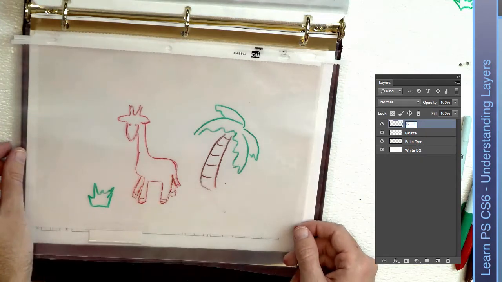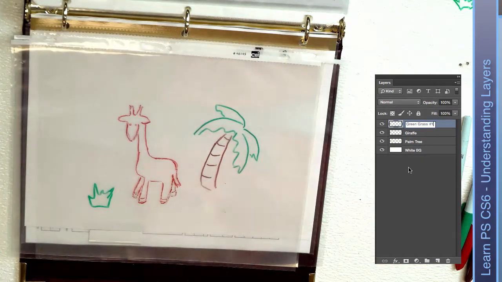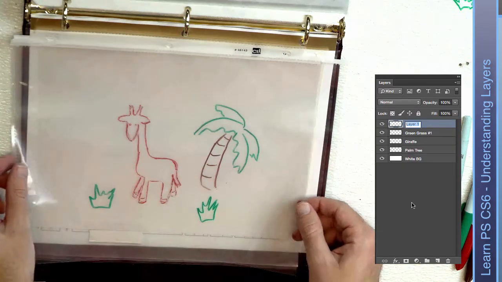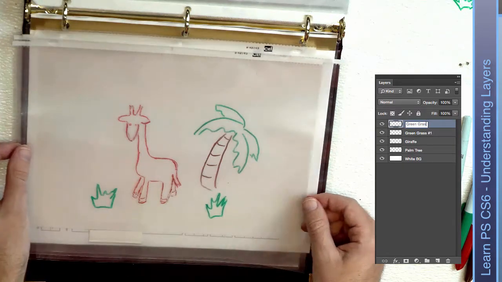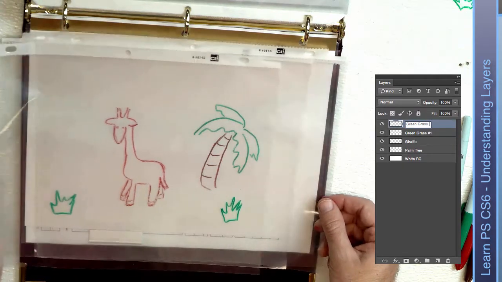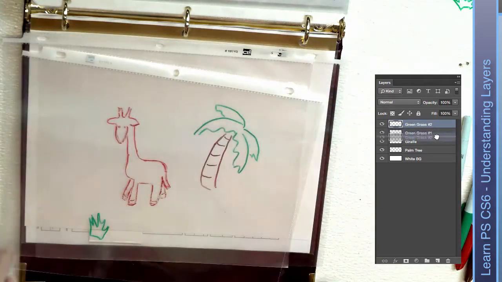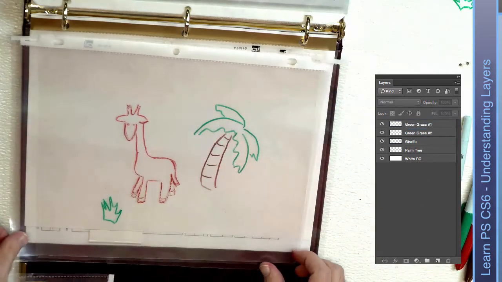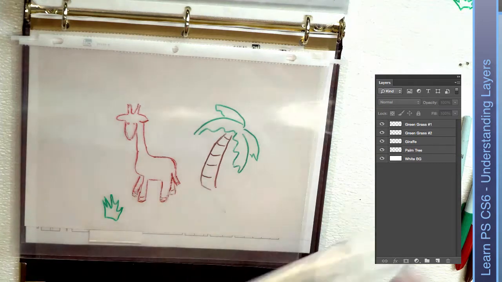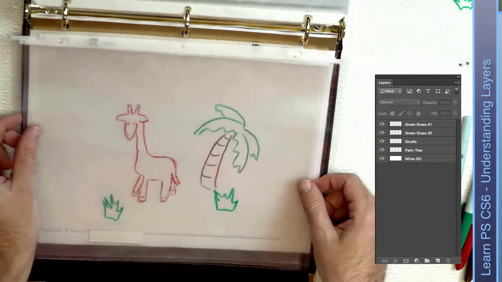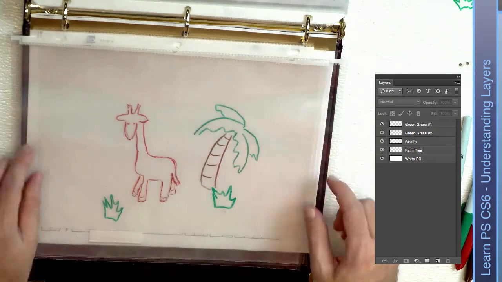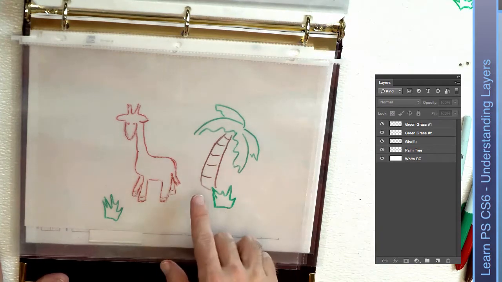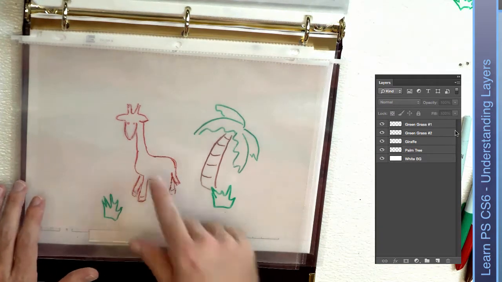Where do I want this grass? Do I want it here? And what about this one? Where do I want this one? Or maybe I don't like this grass on this side. Maybe I want to flip them. So we can flip it over. And maybe I like that one better there. And I think I like this one better here. That could work rather nicely. There we go. And any of these are pretty easy to move around because each one is on a separate